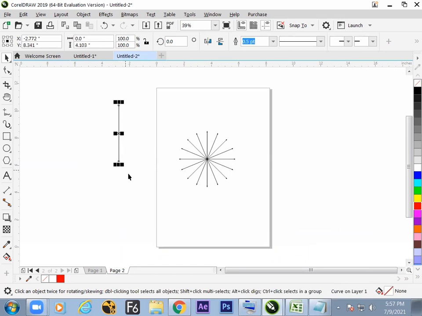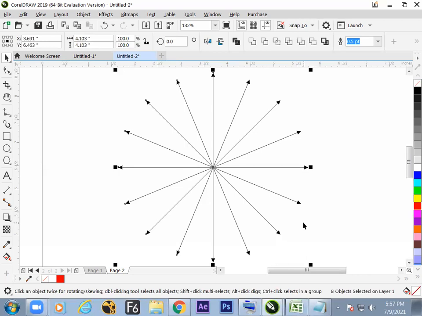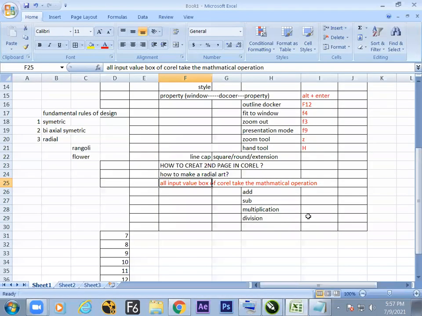Then yes, switch to F4 and get the design ready. Is it clear? How to make a radial art with very few clicks. How to select all the things without dragging. Question over. Control A. Next hotkey of the day: Control A to select all.